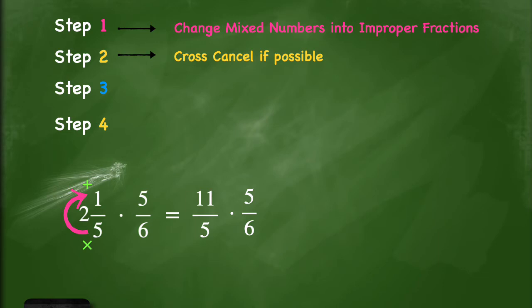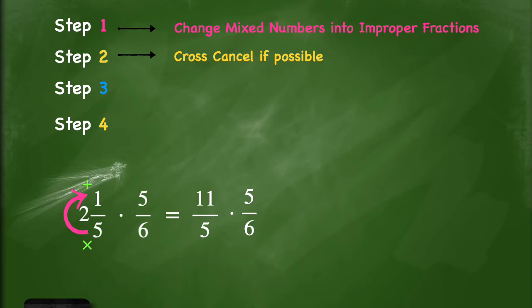Step 2 is cross cancel if possible. I did another video on multiplying fractions using cross cancellation, so you might want to click up at the top of your screen there, and that'll give you a link directly to that video, and I show you all about how to cross cancel. But cross canceling, just a quick review, is basically simplifying before you multiply, and we're looking at numerators and denominators and checking to see if they share a common factor. And if they do, then we're going to divide by that factor,